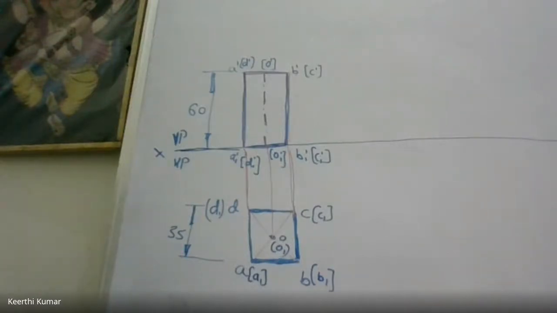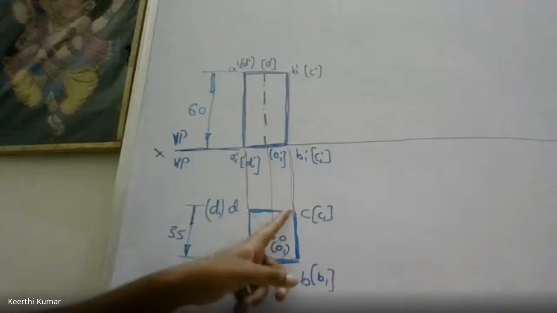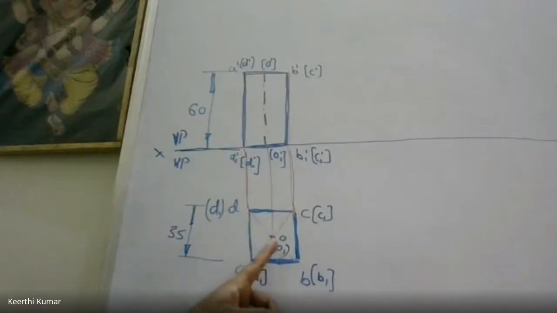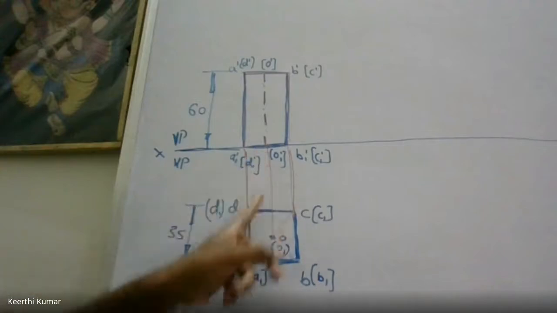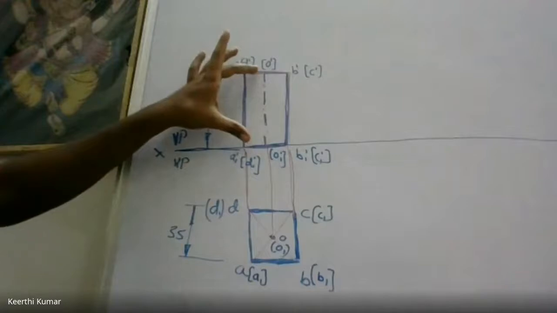Today we will solve only one problem, no issue. That problem should be understood thoroughly. Today, whatever I'm drawing in red color will be considered as projection line, and what I'm drawing in blue color is the solid. So this is the projection. And how to find the center? Find the center by drawing the diagonal. The projection lines from O to the XY line should be drawn. Here projection, here projection. Between this solid there should be a line called axis.